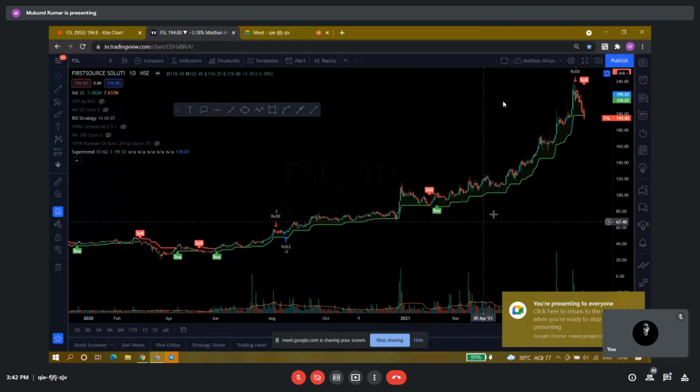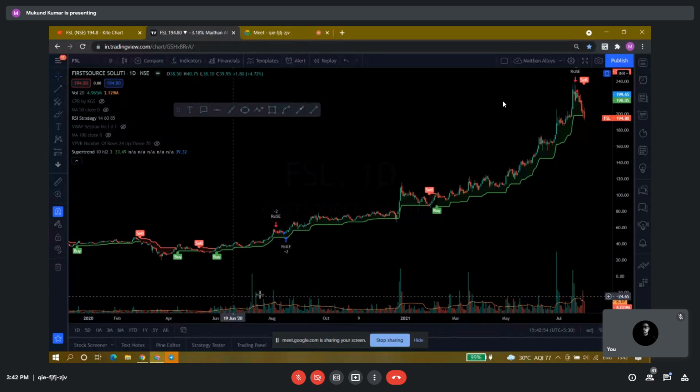See, why I have conducted this session: I will be using this super trend trailing stop loss continuously in my trades. If anyone asks me, sir, what to do? I will simply tell you, follow super trend trailing stop loss. I will not tell anything else. That is why I have conducted this session, so that you are not left with any query, and you can simply trade. Once I have given my trade, you don't have any issues of holding or selling or what to do. You are left independent to judge the stock by yourself.